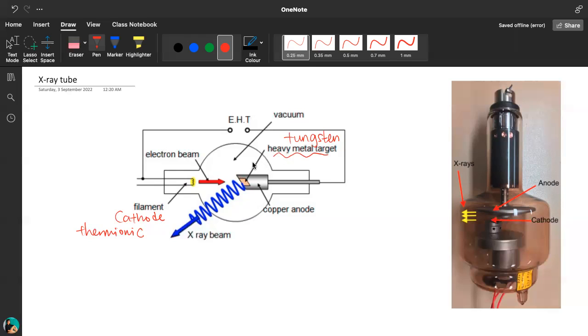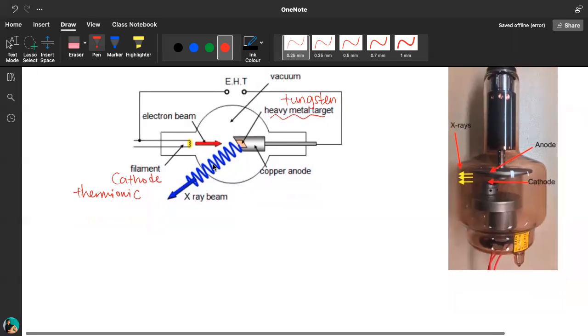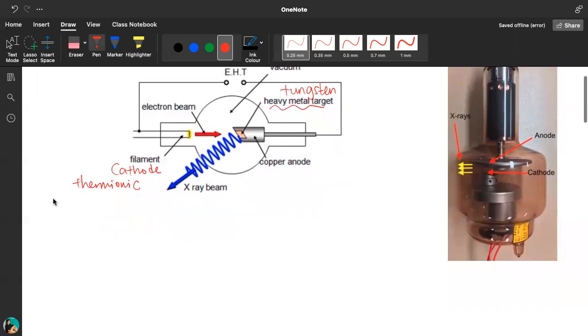metal, right? So step one, you heat a filament, it produces high-speed electron, and then the electron go and bombard. The keyword is bombard the heavy metal. Now, three things will happen when the electron bombard the heavy metal, right? Three things will happen. Here, first situation is that let's say this is the